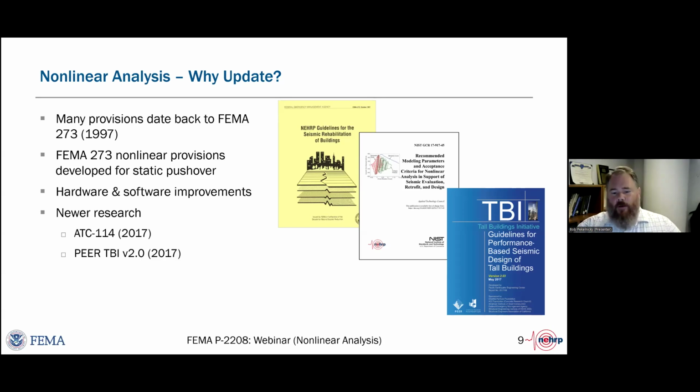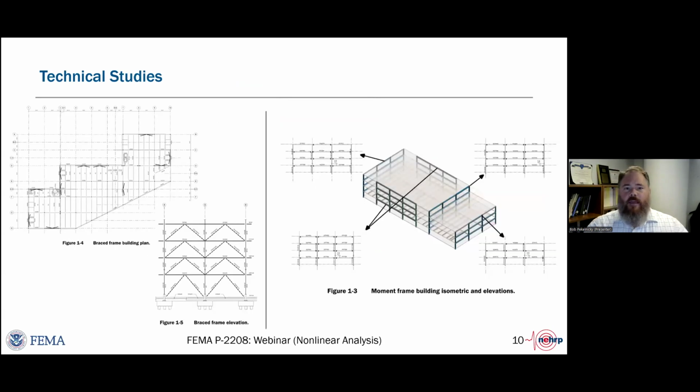So as we embarked upon the updates, one of the things that we felt would be really important to do is to make sure that every change we proposed was vetted through real archetype buildings. And this is also important because the goal of producing changes to the standard is to improve upon the standard. And we wanted to make sure that any changes that we proposed did not have unintended consequences that you really only see when you get into doing real projects with real buildings.